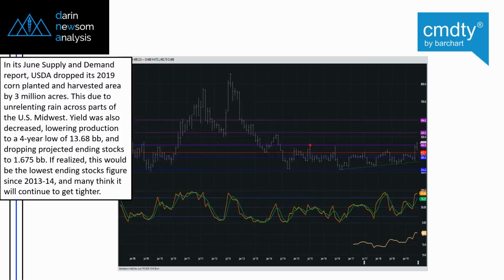And all of a sudden, post-report, when, let's see, USDA, if I go over to the little box in its June supply and demand report, USDA dropped acreage planted and harvested by 3 million. They dropped production down to 13.6, just under 13.7 billion, and projected ending stocks down below 1.7 billion bushels. So remember, we're talking about 2.4 billion bushels in 18-19. Now we're talking about less than 1.7 billion bushels in 2019-20, a 700 million bushel change. So what we saw was, the December corn immediately shot up, took out the previous trading range between that 315 and 455,